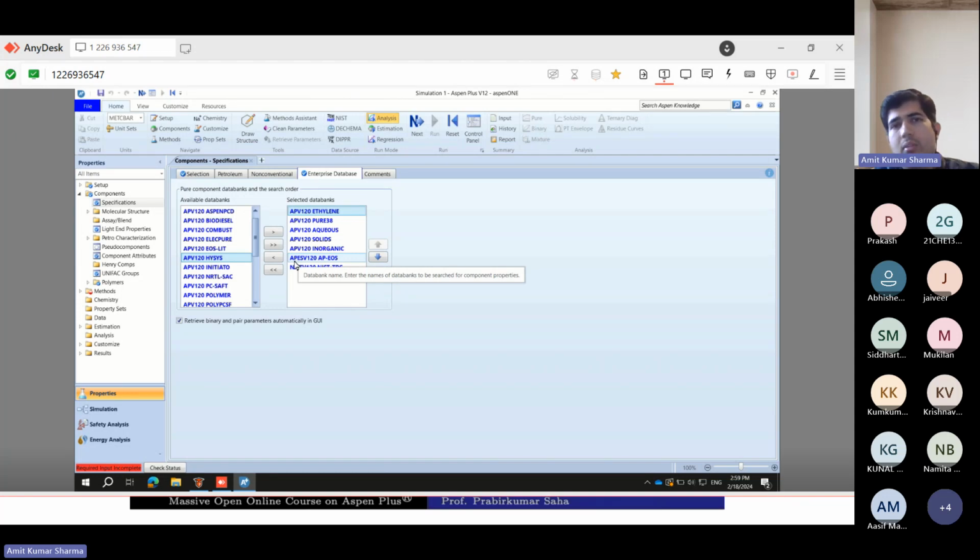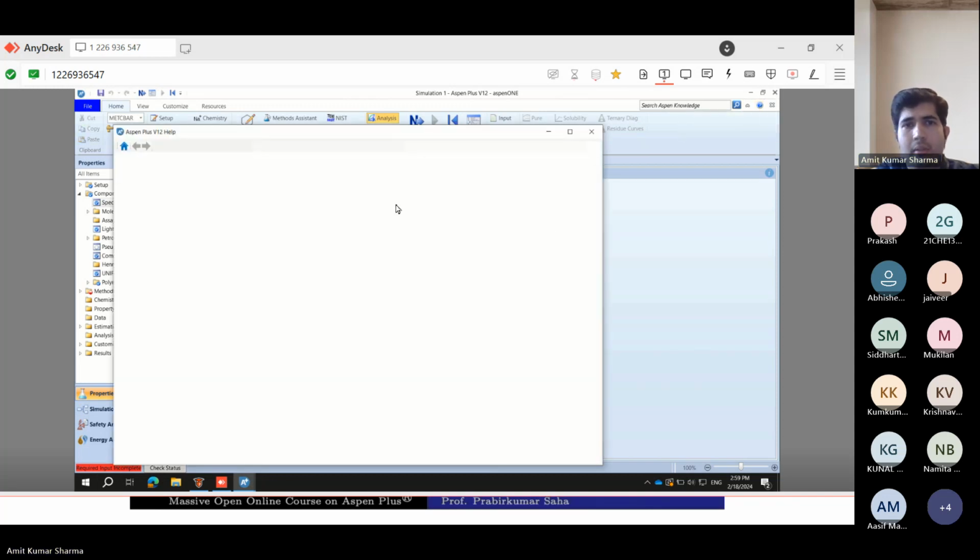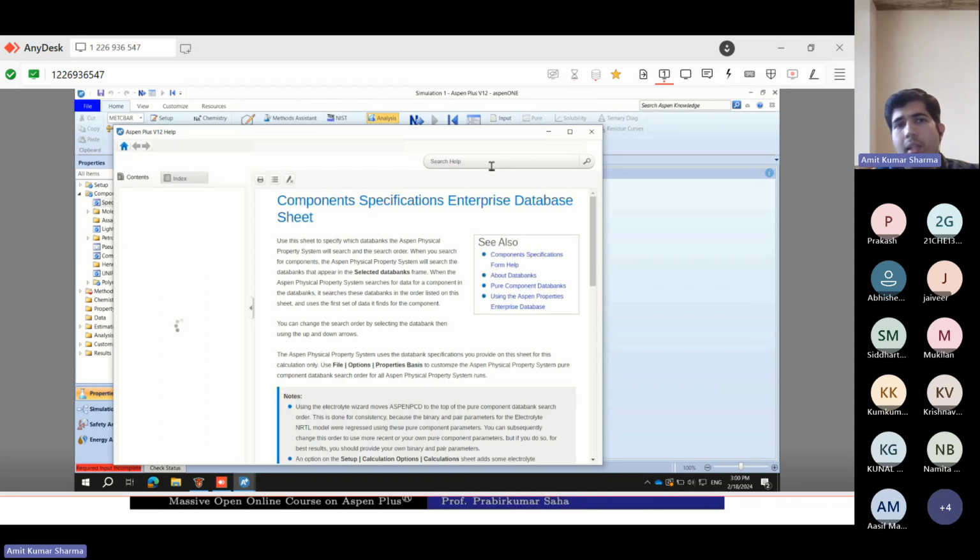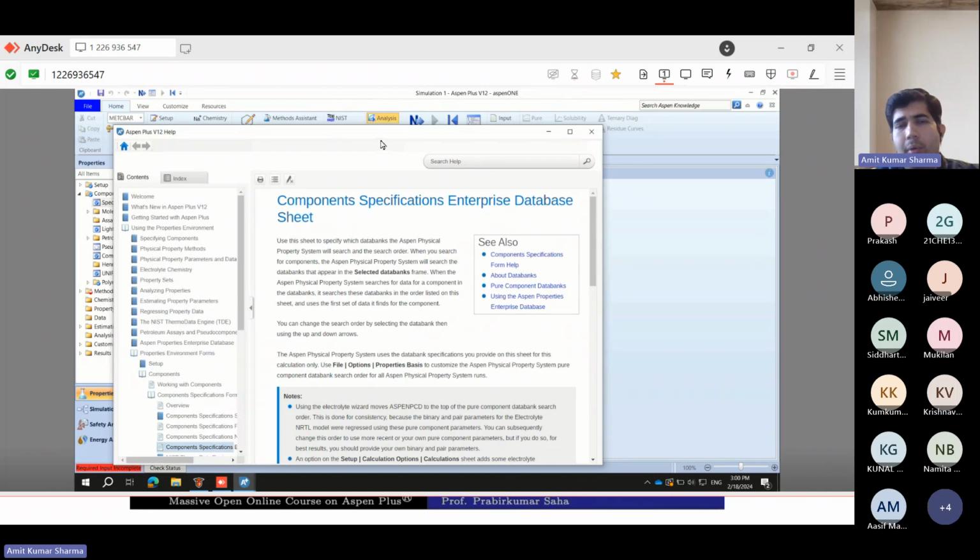After this course, you will get to know overall how to use Aspen and all the things. Then when you go for your own modelings, based on your research problems, you will get knowledge about these things. And there is always a help section. If you have any doubt, go to the help, search here, and type the data bank name. You will get all the details, like what is the difference between the pure 2.3 or pure 2.7 data bank and the ethylene data bank. So it will give you a more comprehensive picture.